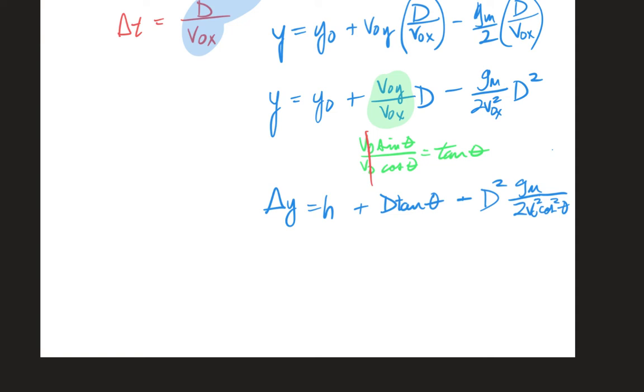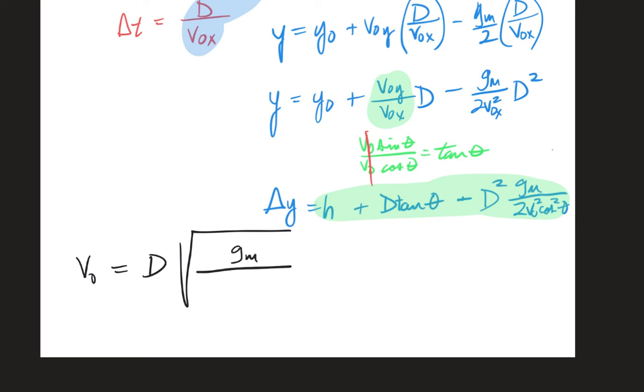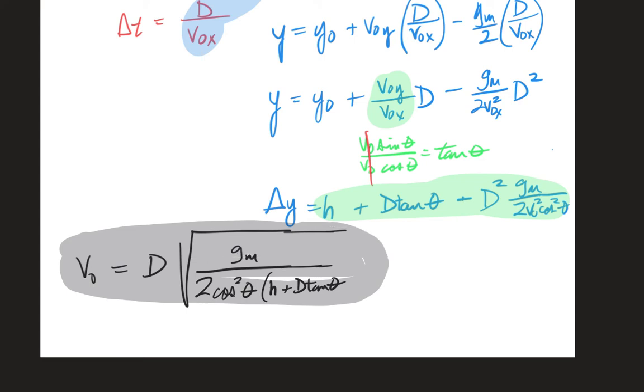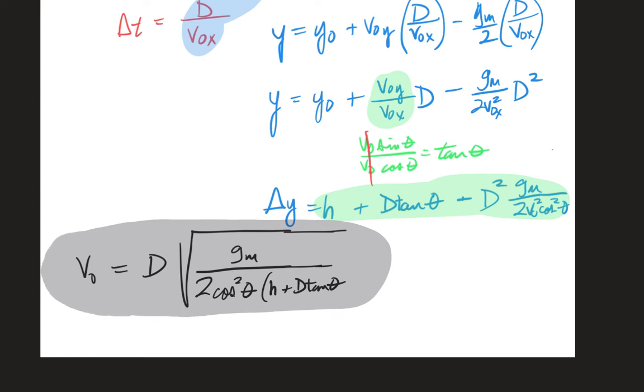And so with this equation here, and since I'm sort of running out of room, I won't do every step, but you get v naught equals the distance times the square root of a big ugly mess. And the nice thing about it is it's the gravitational factor for Mars over 2 cosine squared theta, times h plus d tan theta. You can see math like this in chapter 4 of my book. I spend a lot of time going around the block with these projectile motion equations. In fact, I bet you'll find some of that derivation useful